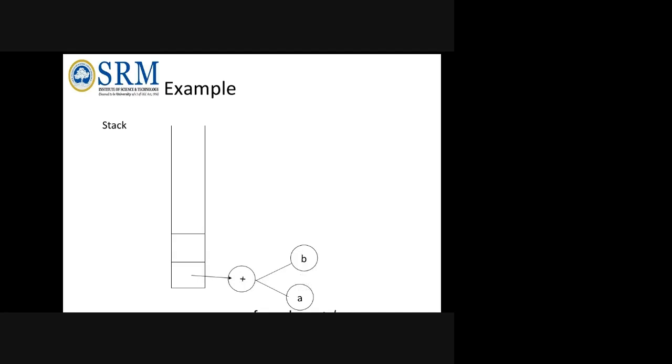Okay, now next comes F. When F comes, I'll push it on the next top position. Then comes minus. So what I will do, I will pop both, and minus will be applied between F and plus. That is here it will be applied. So minus will be in this position. That is the meaning. So this will be my left child, this will be my right child. So that's what I'll be popping, and minus will be applied. So you can see here, minus is applied.